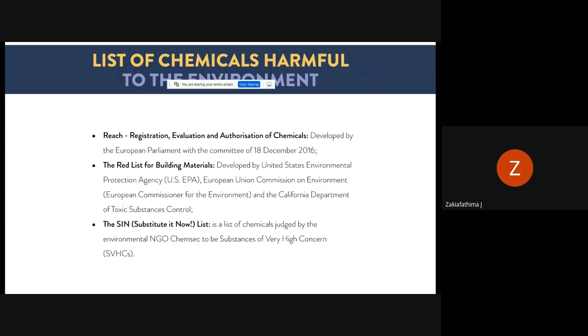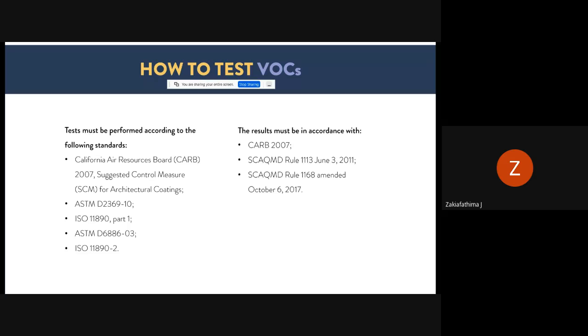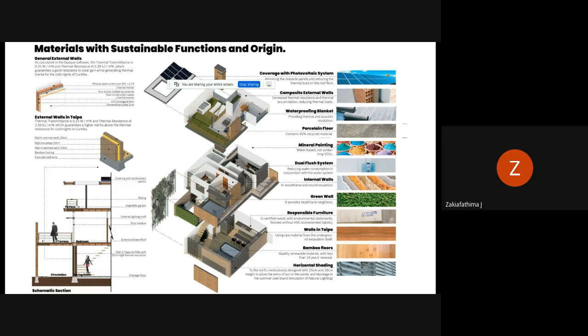The Red List for building materials. This is another thing that is used to find out what to avoid when you're looking for sustainable material. And then the tests that are required for testing for VOCs and VOC declarations. These are your rules. This is what I was talking about regarding your